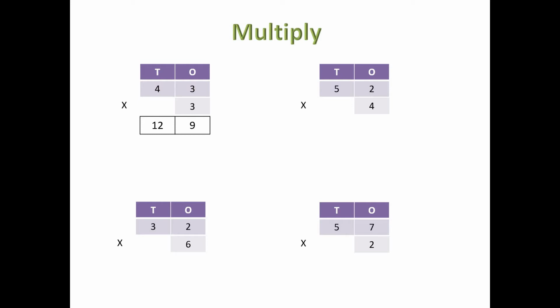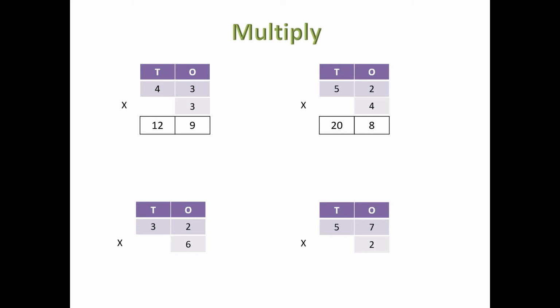Next is 52 into 4. Again, first we are going to multiply with the ones and then with the tens. So you have to go according to the place value. If there were 3 digits, then the ones first, the tens then, and then the hundreds. If there were 4 digits, then you also have thousands in the picture. Now here, since we have only ones and tens, we multiply first with the ones. So 4 twos are 8 and 4 fives are 20. So 208 is the answer.